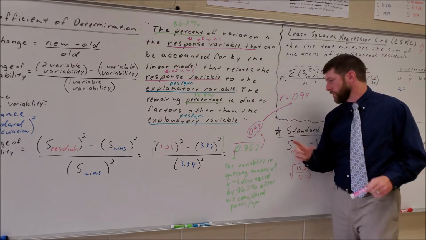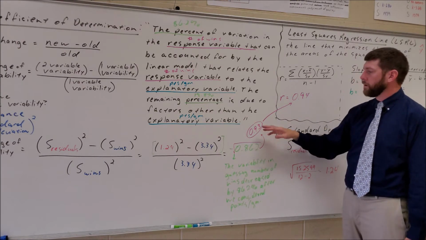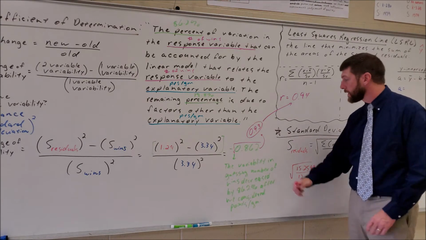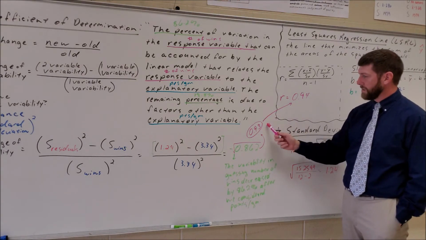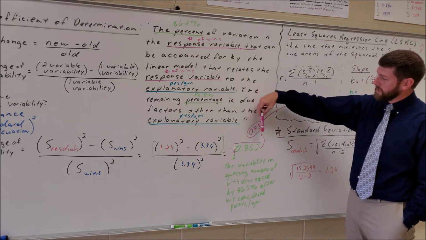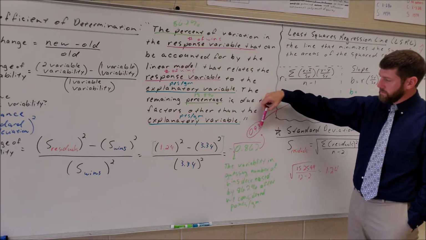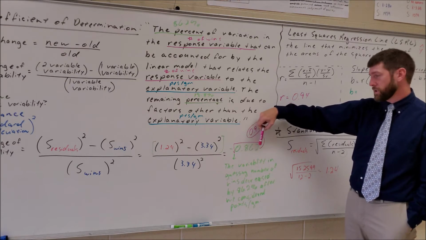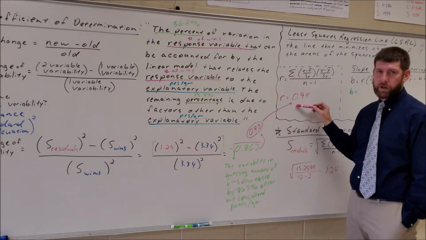Well, that's what this number is right here. Now, why is it not the same? Because we have some rounding error and things like that. But this is the idea behind the other way R shows up. So that 0.93 tells me that the square root of my coefficient of determination is nothing more than my correlation